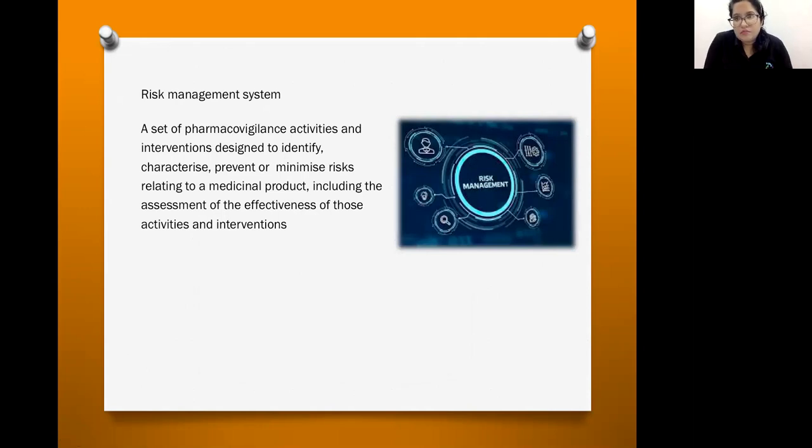we all know medicines have a certain amount of risk and they can cause harm. So the whole purpose of pharmacovigilance is to minimize the potential of harm, that is, risk. So we have to have steps on how to take the medicines and when to give them, for the prevention or minimization of risk related to the medicinal product, including the assessment of the effectiveness of those activities